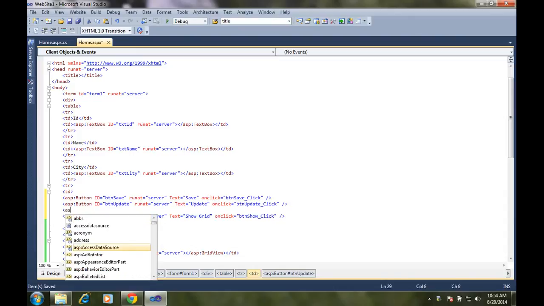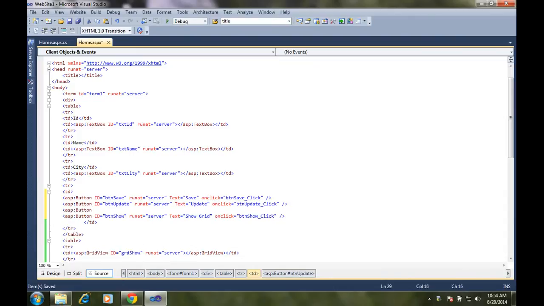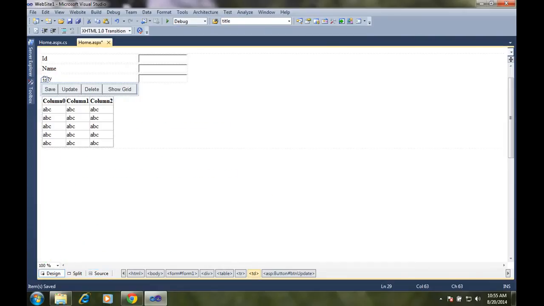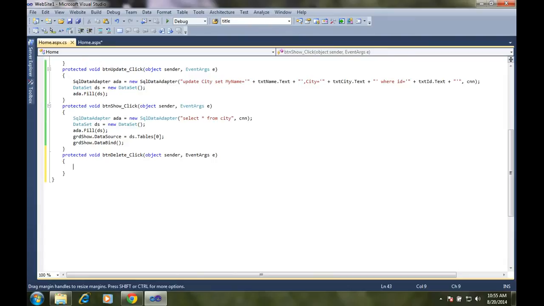Just create one button, ASP button, ID btnDelete, runat equal to server, text Delete. That's it. Close it. Just go to design, Delete came.